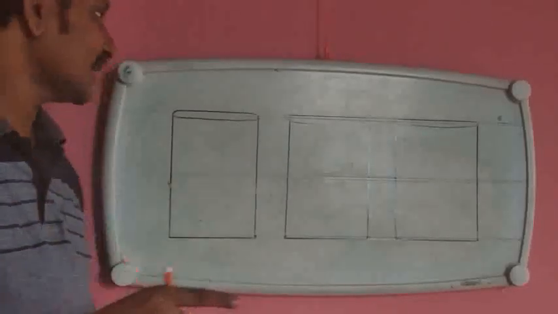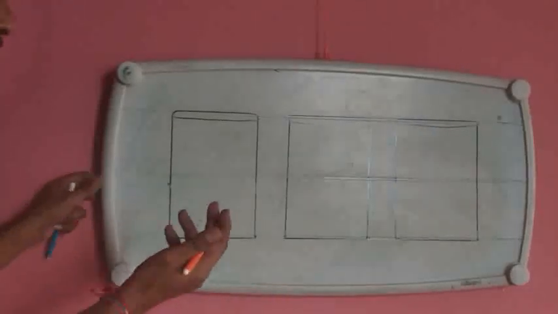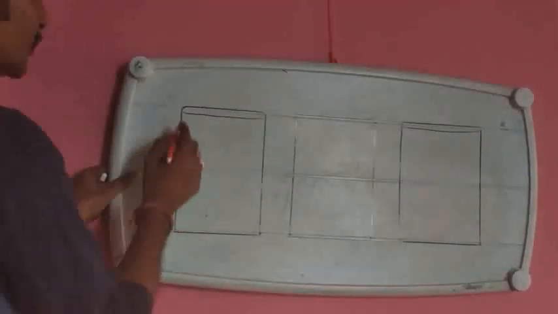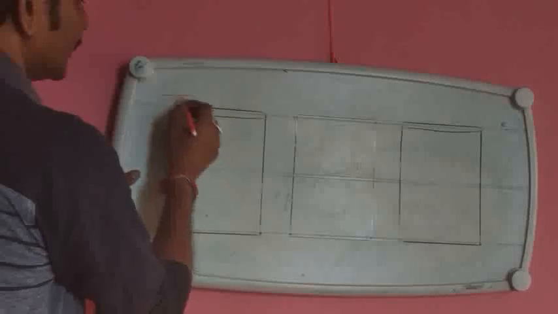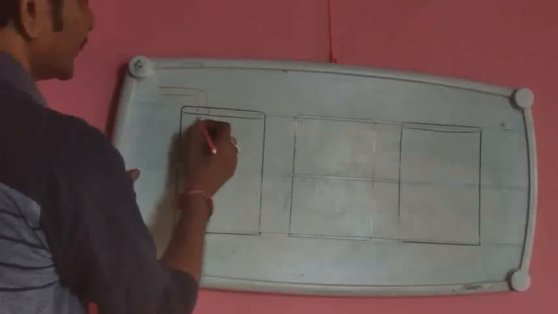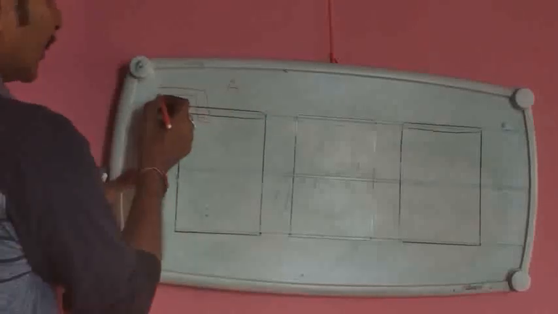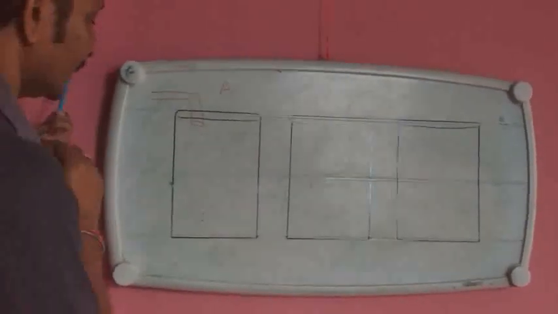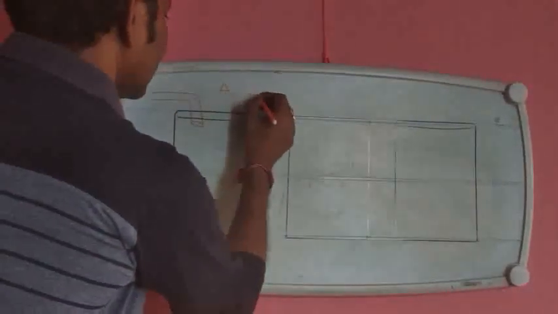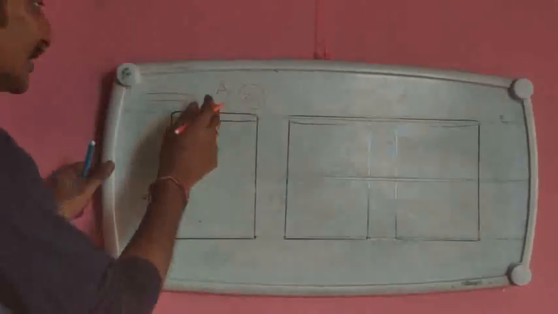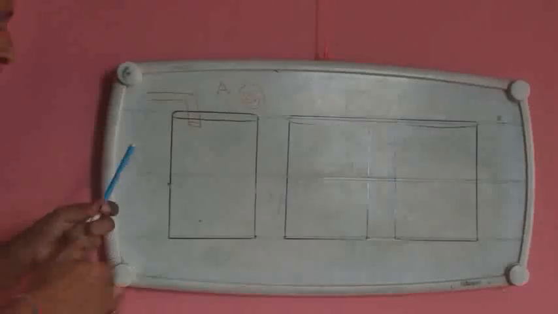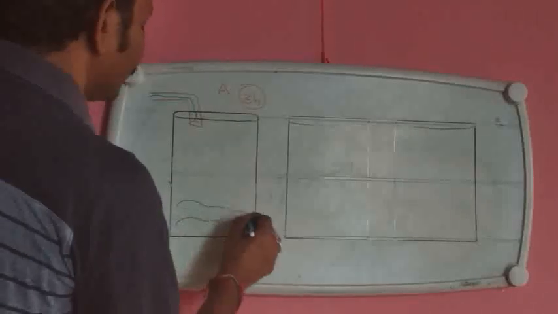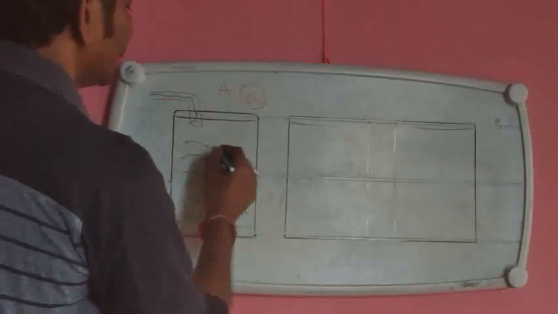Okay children, to understand this concept, I will explain the taps problem by using three tanks. Here three equal tanks are arranged. Suppose this is tank A. Tank A is filled by water in 3 hours. To fill this tank completely, it will take 3 hours. So when the tap is on, the tank will be filled by the water in 3 hours.